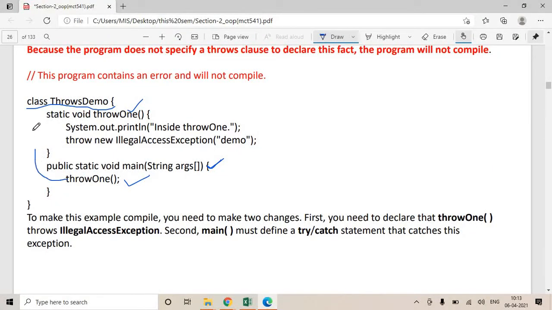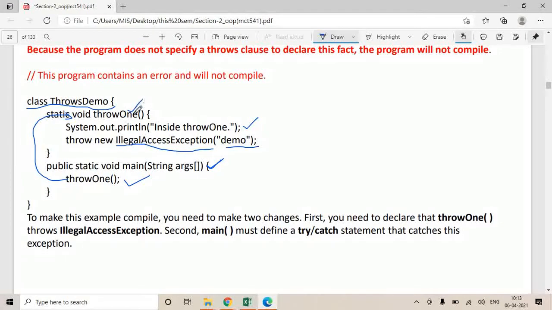When you give a call to this throw1 function, control goes here and this throw1 function gets executed. Inside throw1 you have written one statement to print inside throw1, and now you are throwing this illegal access exception demo with some message.